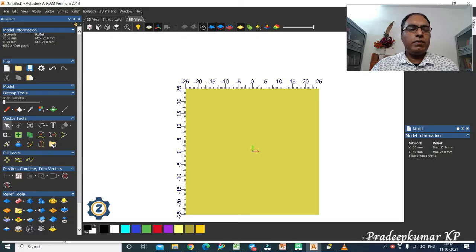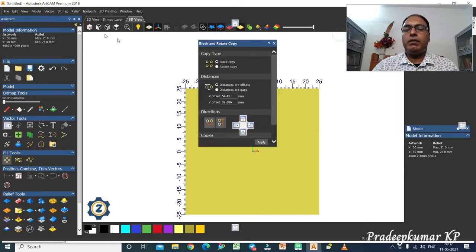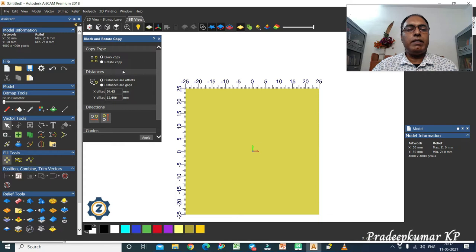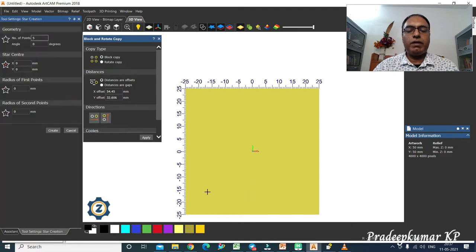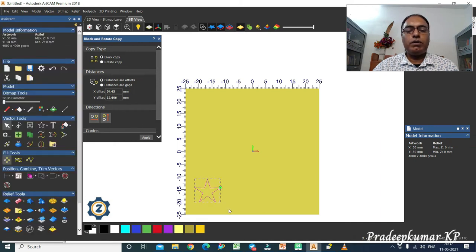The next command I am going to teach you is block and rotate copy. If you click this command, a pop-up template will come like this. The first option is block copy, for when you have similar items. Now I have a drawing of a star here, then create. So for this object, if you want multiple of these objects in a linear fashion, like a